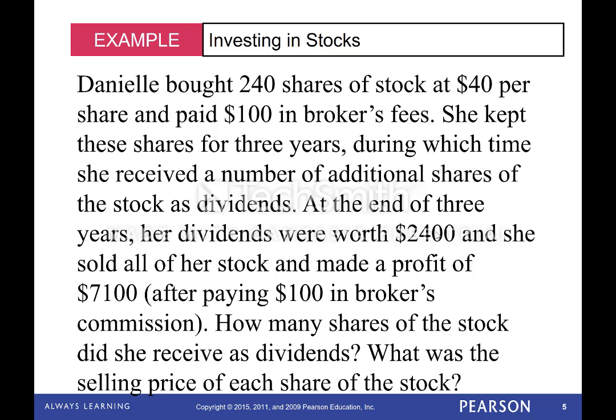All right, on to the application problem here, as we put it here. So Danielle bought 240 shares of stock at $40 a share. She also, on top of that, paid a broker fee of $100. She kept these shares for 3 years, during which time she received a number of additional shares of stock and dividends. So at the end of the 3 years, her dividends were worth $2,400, and she sold all of her